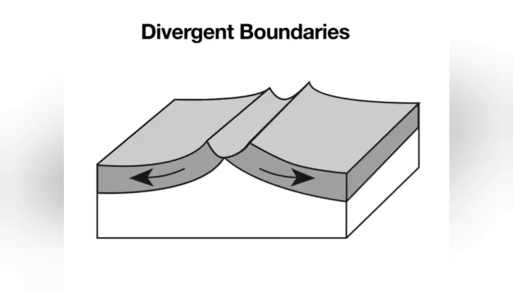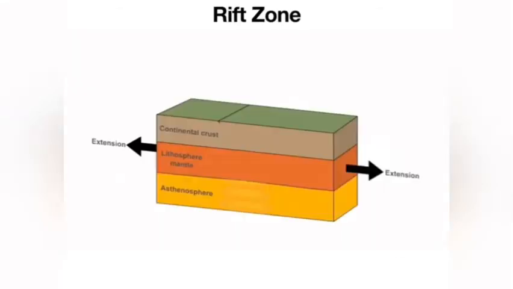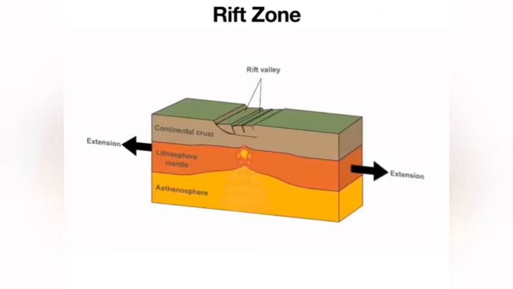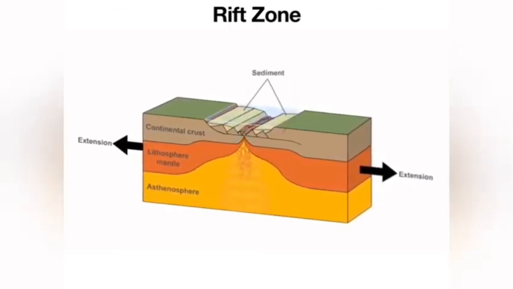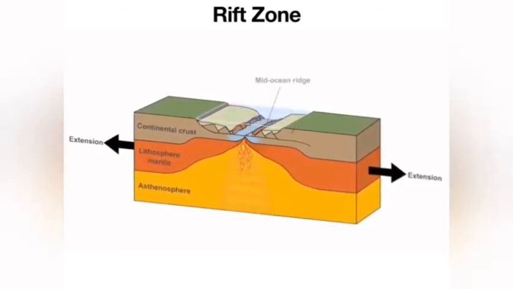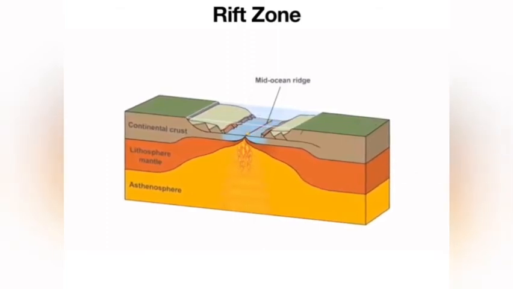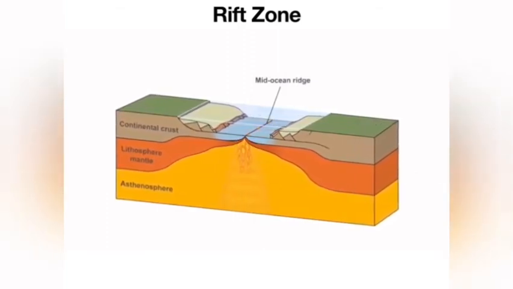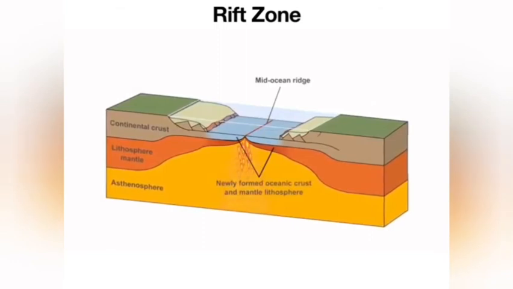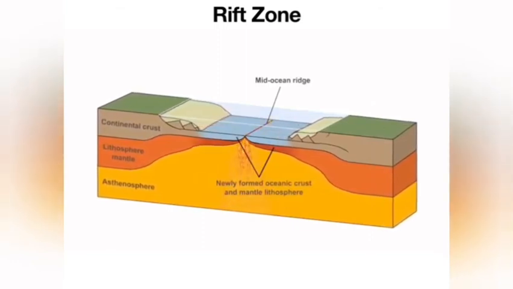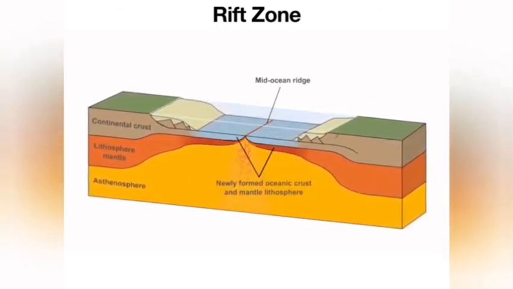Finally, we have divergent boundaries where different plates drift away from each other. Again, we want to consider the type of crust involved. So if it happens on land, we have what's called a rift zone, where the land actually rips apart into two. We see this happening in Eastern Africa right now at an area known as the East African Rift Zone. As you can imagine, when the rock rips apart, it allows magma to escape. So we get active volcanoes.